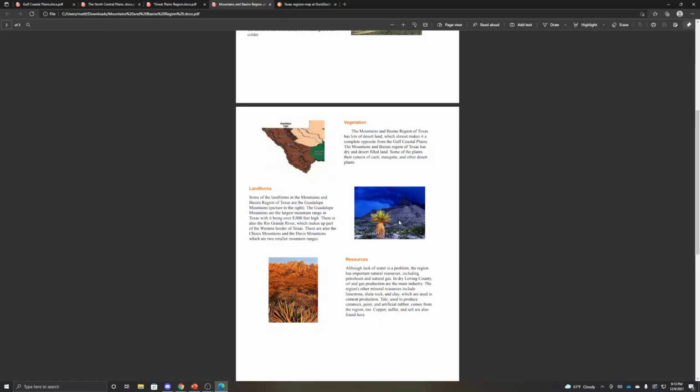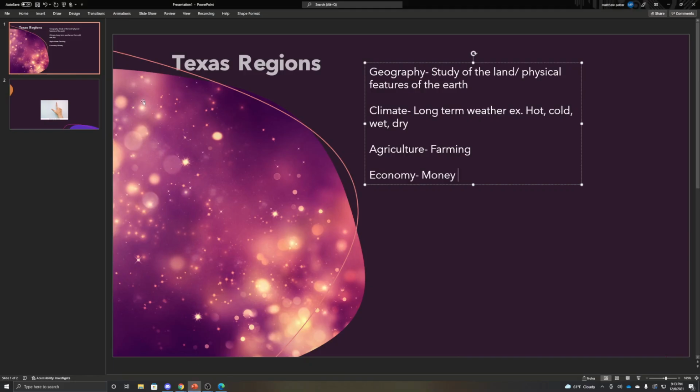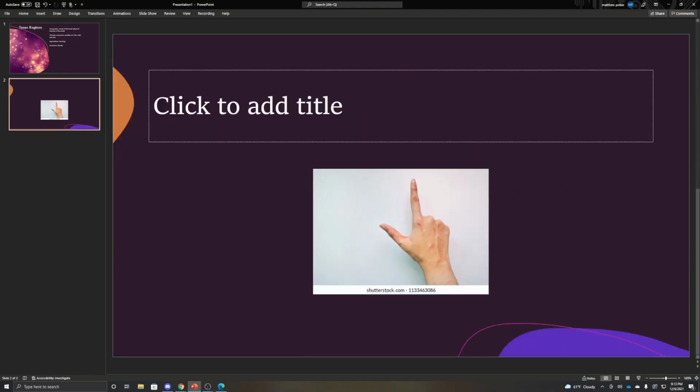Okay. So to do an exercise to help us remember all of these, we're going to have our hand in the shape of an L. You might have seen your teacher do this, and we're going to go through it again. I highly suggest you do this if you're having trouble with the Texas regions. So you have your hand out in front of you. Immediately you're going to notice it kind of looks like Texas, okay? Kind of a crude Texas, but a Texas.